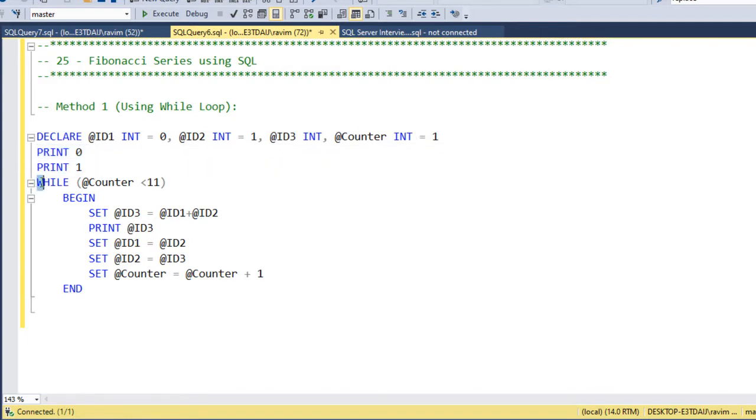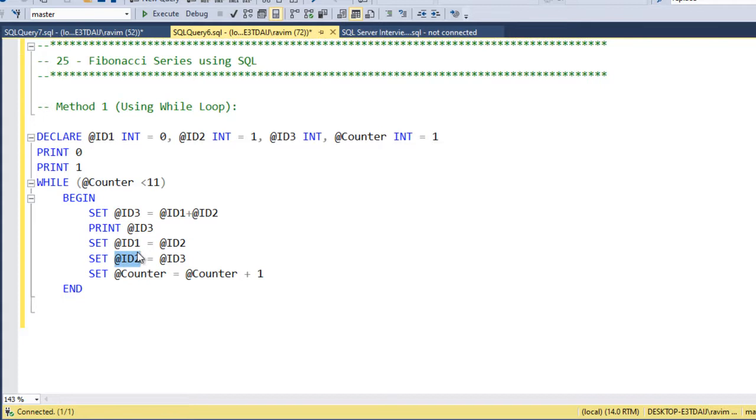Then I'm using a while loop and summing up the two preceding values, saving it in id3. Now I'm printing the next sequence number. Then I'm saving the latest number, id2, into id1, and the newly calculated id3 into id2.